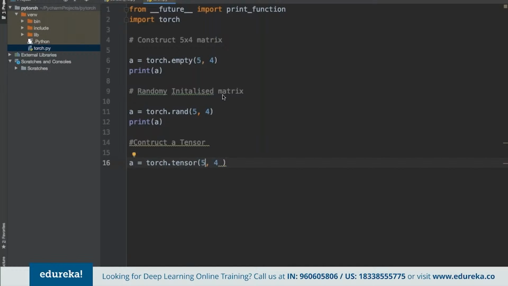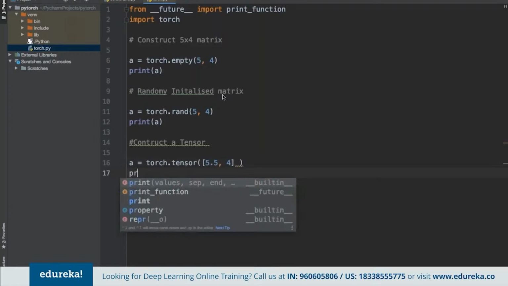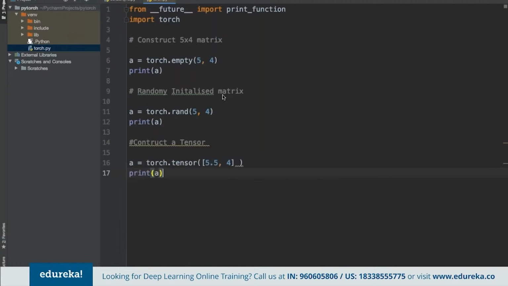Now when we are using tensor here, we can specify this as 5.5, and then we can specify 4 as a part of the value, and then we can print A again. First of all, remember, whenever we are using the torch library here, we do have to import the torch library, without which we won't be able to print this up.